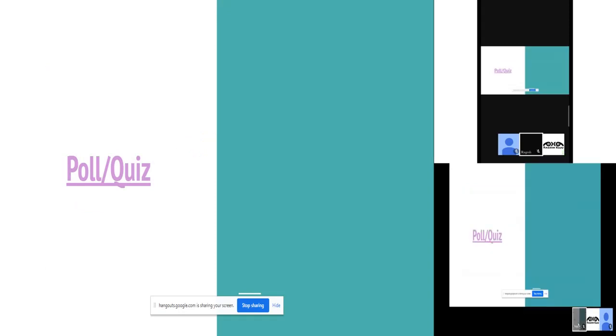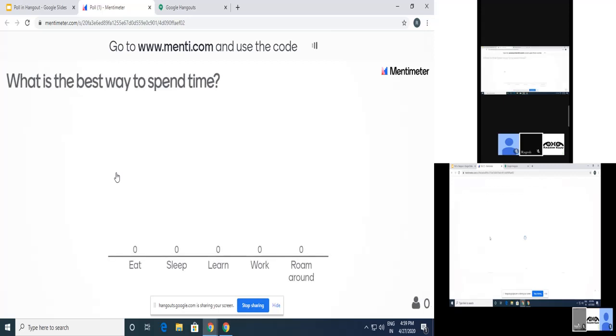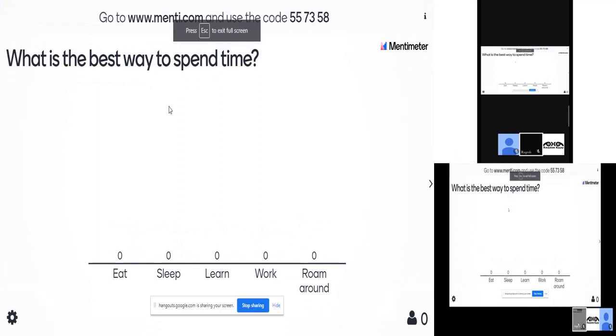Now in the presentation I need to do the poll. For the poll, as I told you, in the second slide this particular option is there. When I click here, this particular Mentimeter automatically gets opened. If I want to make this full screen as well, I just press the key F on the keyboard, F for full. So I click on F, and it becomes full screen. The same screen will be viewed by the other people.